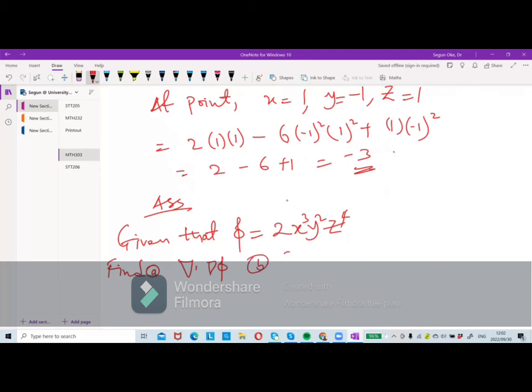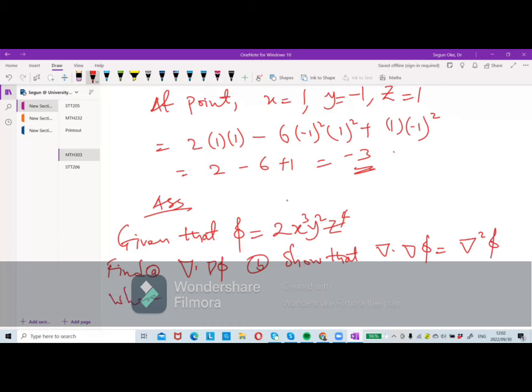B, show that del multiplied by del phi is equal to del squared phi,